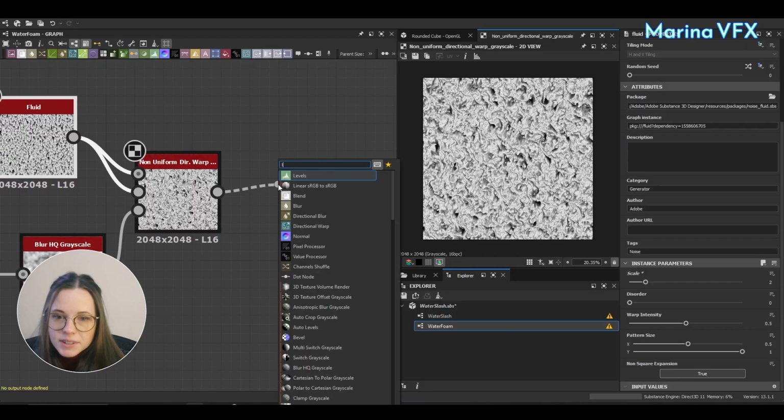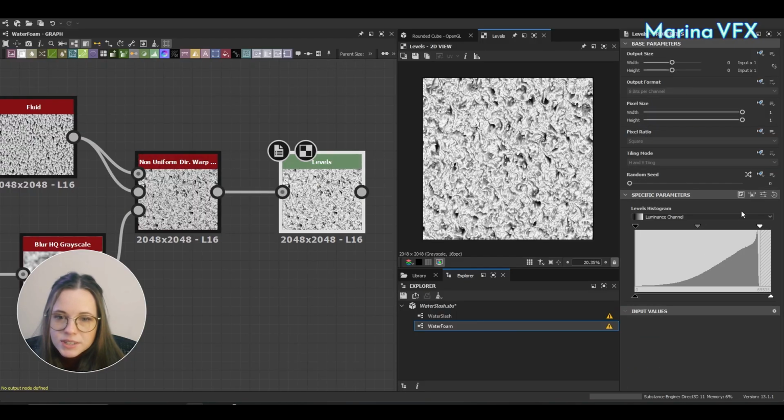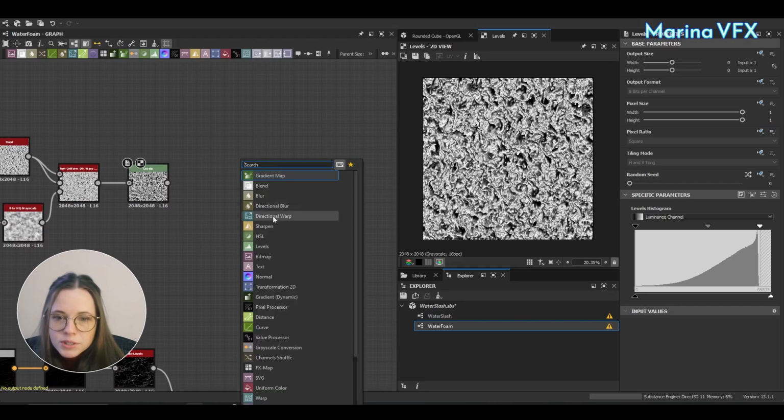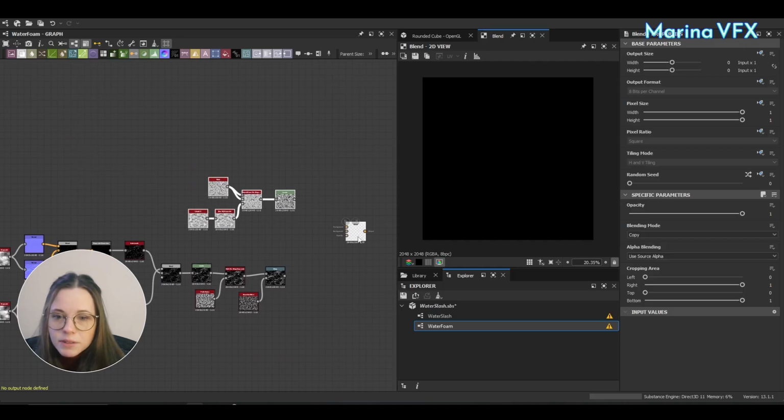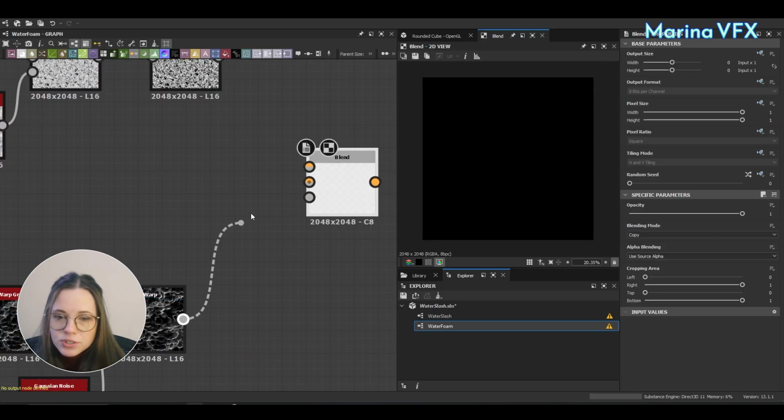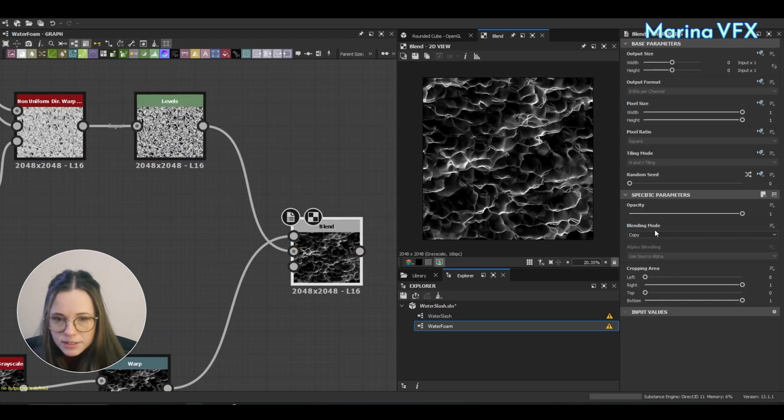After that, I tweak the contrast a bit, and with just a few adjustments, I already get a pattern that feels very similar to water foam. I don't want this foam everywhere. Foam usually appears in areas where water collides, breaks, or changes direction. In our case, those areas are